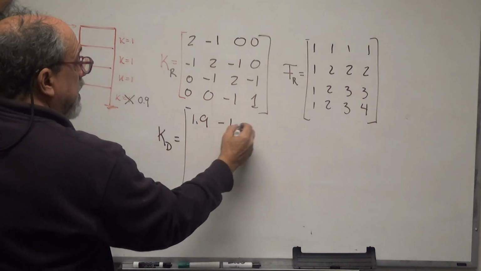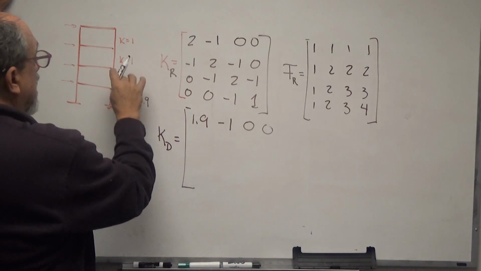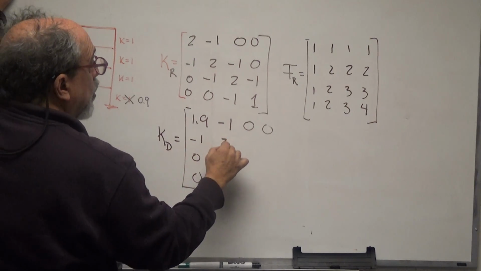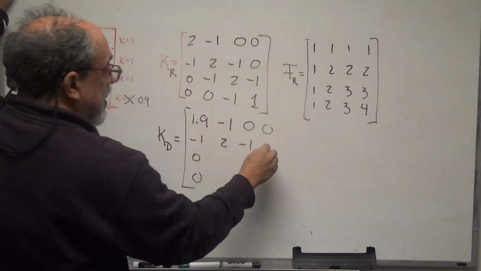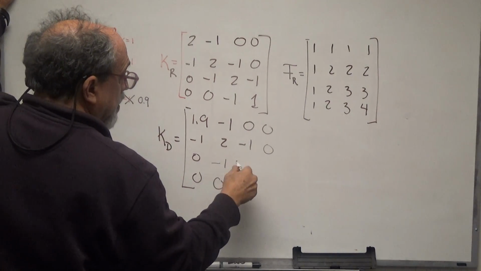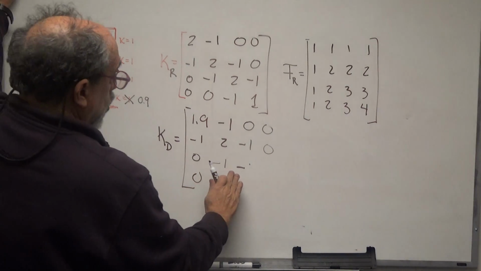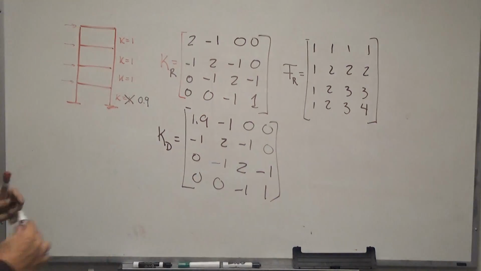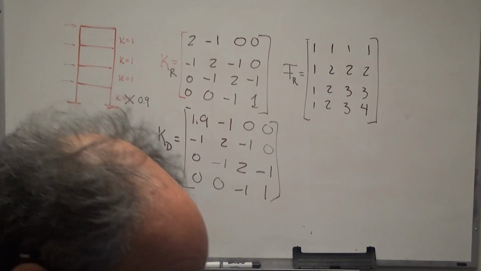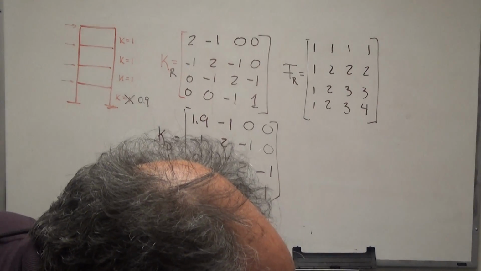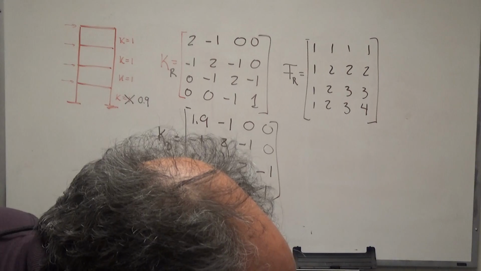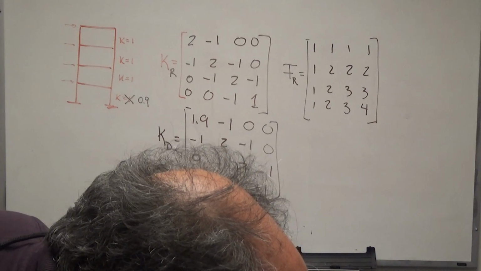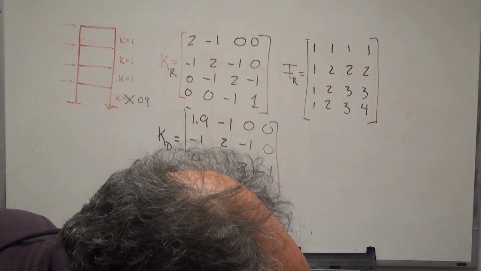minus 1 0 0, and then that's when we move it here, then everything else stays the same, right? Minus 1 2 minus 1 0, 0 minus 1 2 minus 1, another 0 0 minus 1 and 1, right? So that's our stiffness matrix, K in the damaged state. So I will say KD is equal to K, and then KD 1 1 is equal to 1.9 instead of 2, and then the inverse of KD